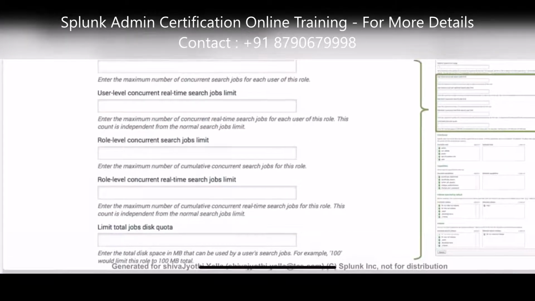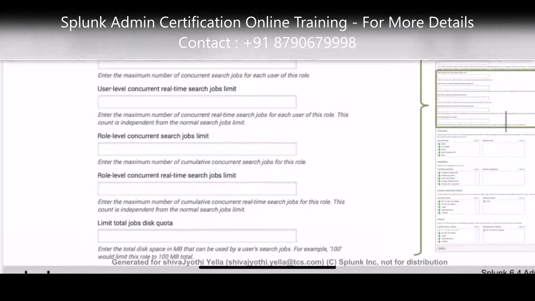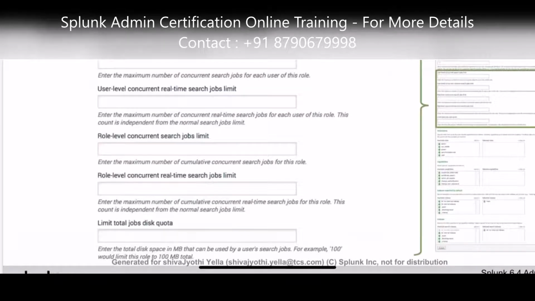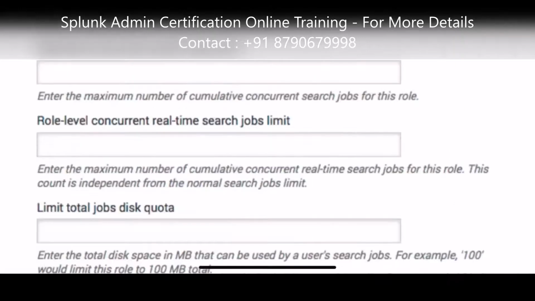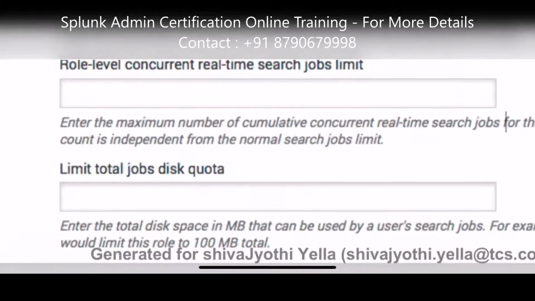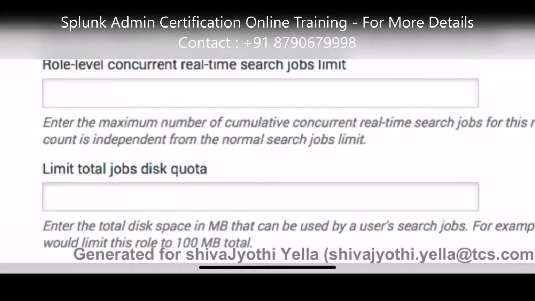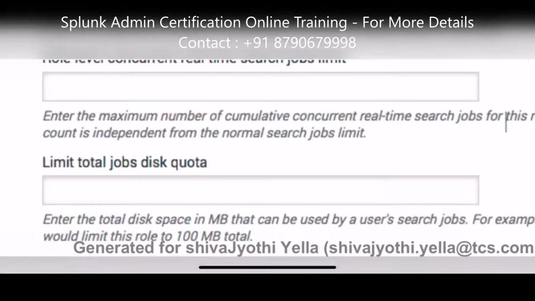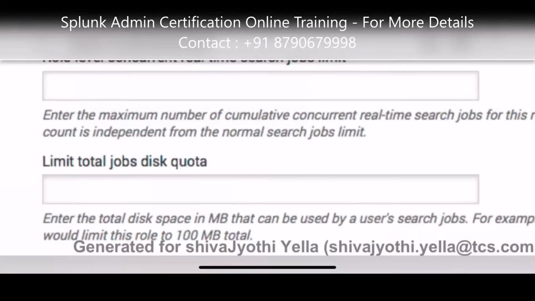And this is also a best practice for limiting searches. If you see the last line, total jobs disk quota: enter the total disk space in MB that can be used by user search jobs.